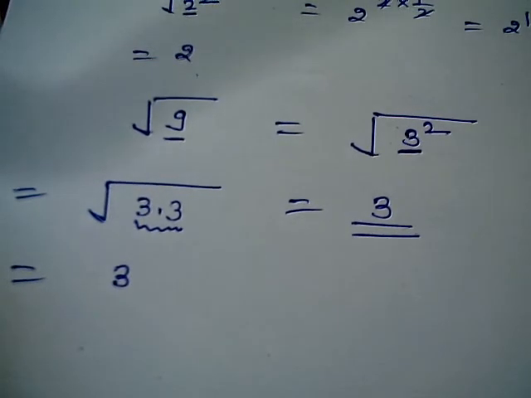Now I'm going to attempt some questions. Okay, the square root means power half, and we need to convert the term into the form of a square. If you are not able to, then you factor out and look for the pairing. If any pair is forming, from that pair one number comes outside, and that is going to be the square root of that particular number.